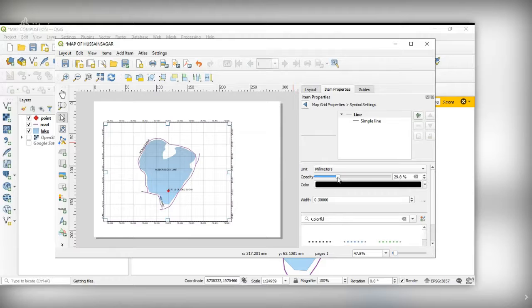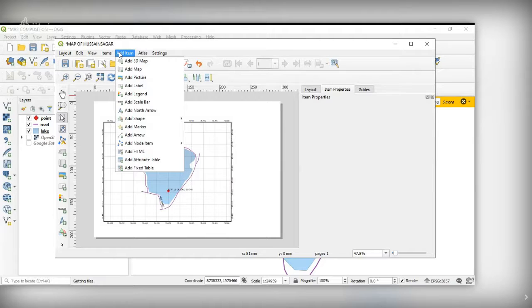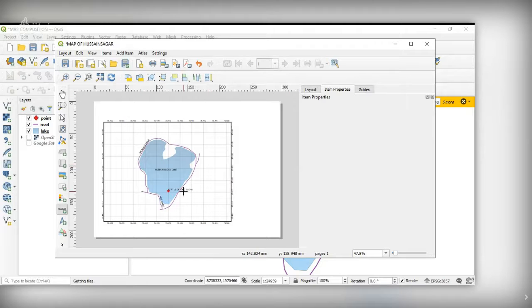Okay. So that the map will be highlighted. So this is the first and most important part of the map. That is your map. Okay, now coming to the next, add item, a scale bar. Now define a scale bar.